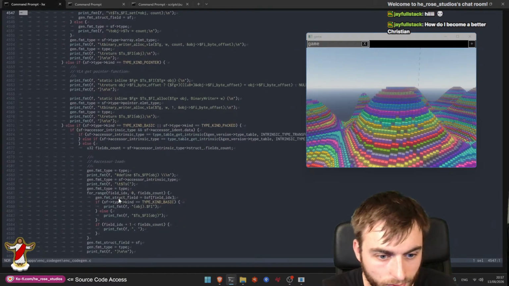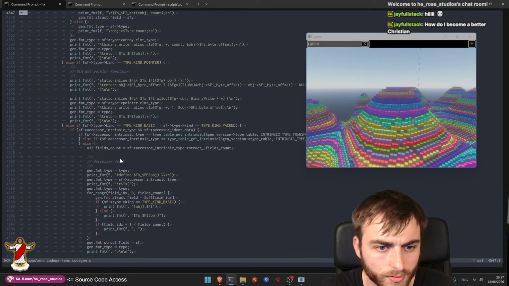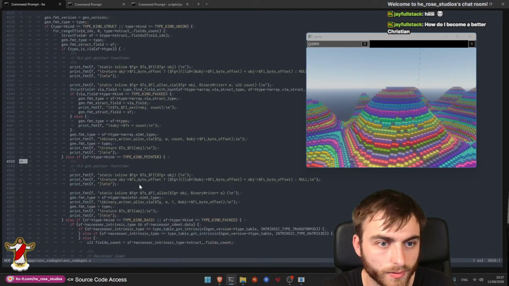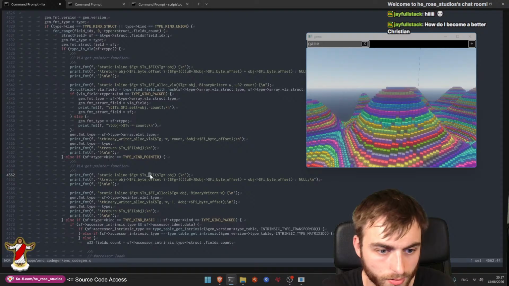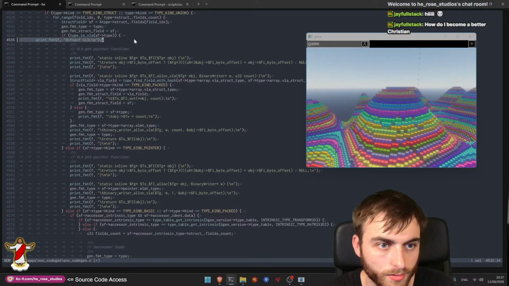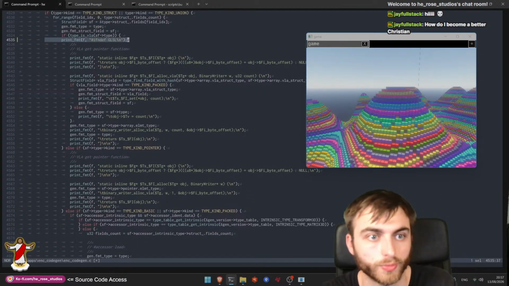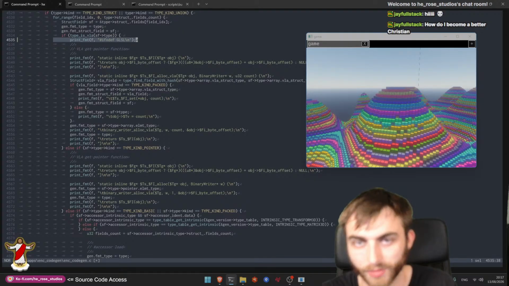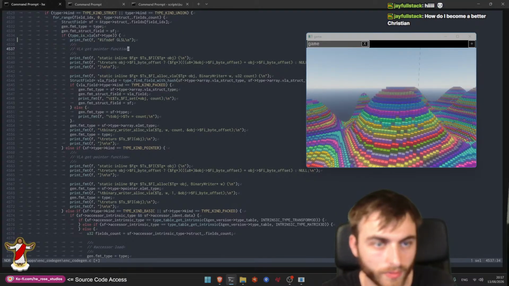What else are these things? What are these? Packed. Oh, we need these guys. Right, so the VLA and the pointer, because files can have pointers in them as well. And that's basically just like a relative index thing. These both need